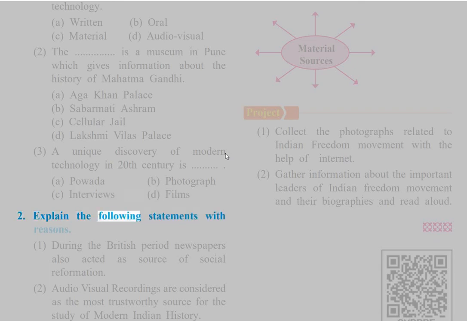2. Explain the following statements with reasons. 1. During the British period, newspapers also acted as a source of social reformation. 2. Audio-visual recordings are considered as the most trustworthy source for the study of modern Indian history. Project. 1. Collect the photographs related to the Indian freedom movement with the help of the Internet. 2. Gather information about the important leaders of the Indian freedom movement and their biographies and read aloud